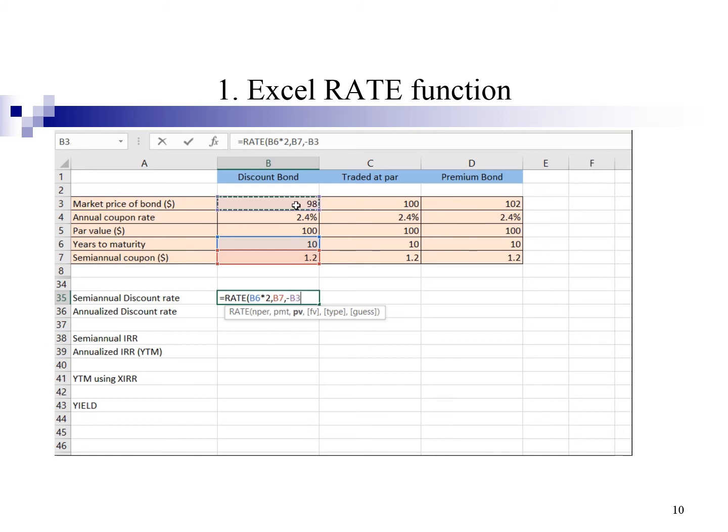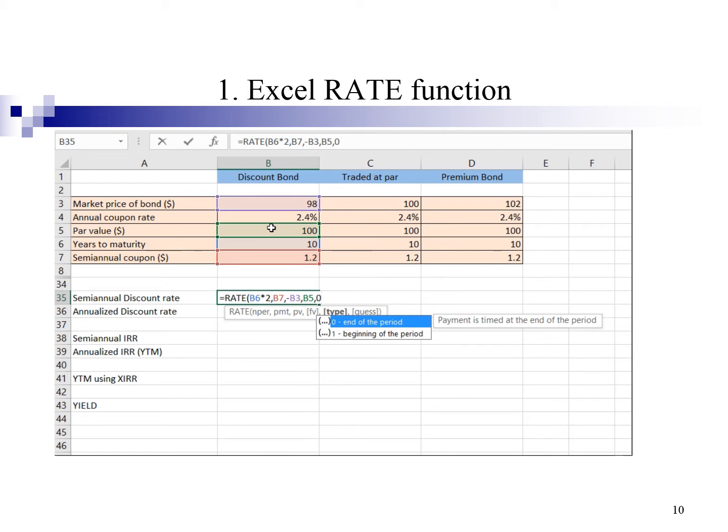The cash flow is negative because it's a cash outflow. Investor pays money to buy the bond, comma, future value is the par value, 100, comma, type 0 for ordinary annuity,